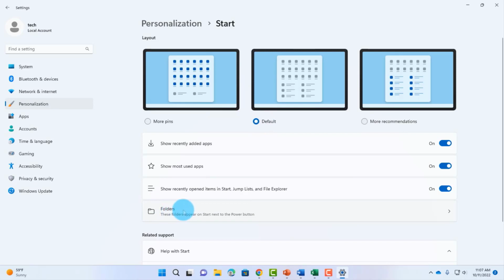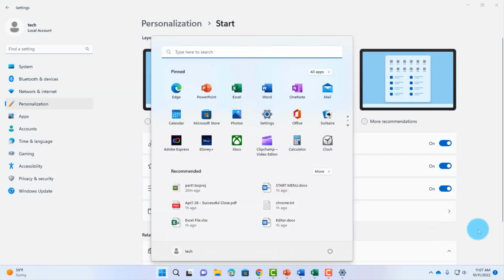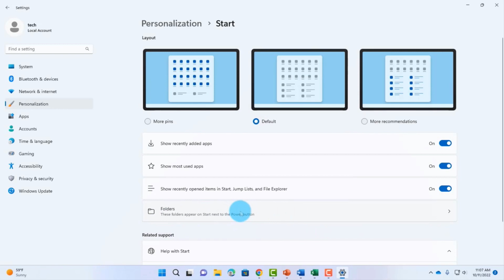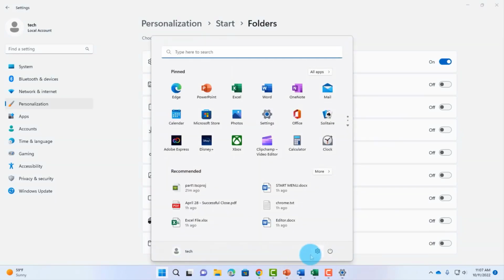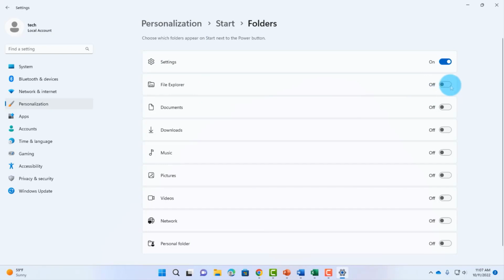So on this section, it says Folders, and it says these folders appear on the Start next to the Power button. So that will be here. So I'm going to click on this. So for example, I want the settings icon next to the power button. I just have to turn it on. When I click on the Start menu, it's here. I can also do this with File Explorer,